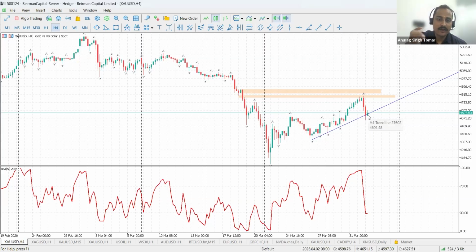So those who are trading on a bigger time frame, and those who have this question in their mind about where we can expect gold in the upcoming weeks, need to analyze gold charts on the H4 time frame, then you'll get the clear direction. Now if you are an intraday trader, we have to move to the smaller time frame, that is the H1 or 15 minutes. So we'll see the H1.